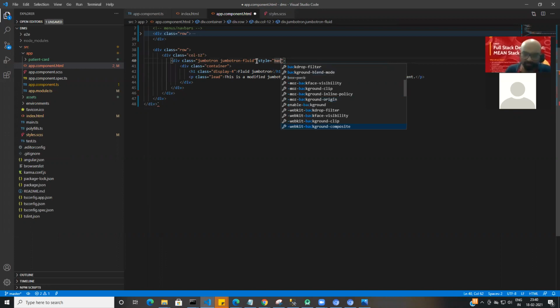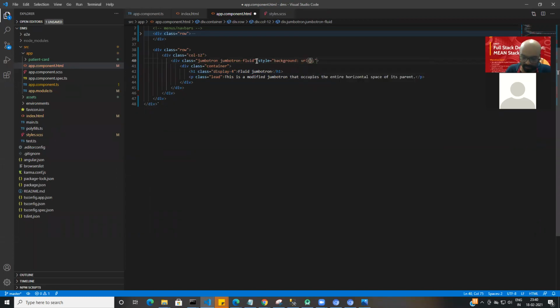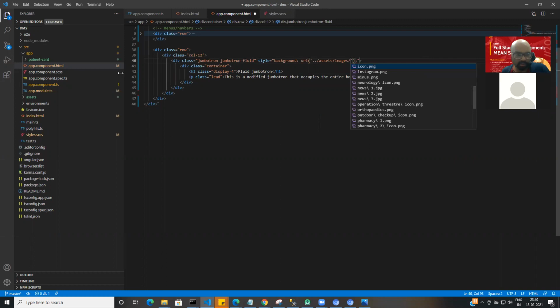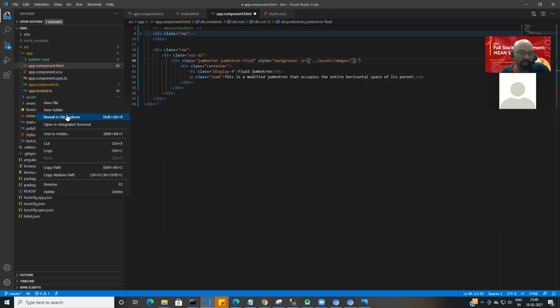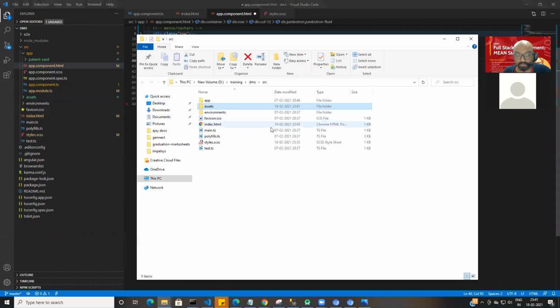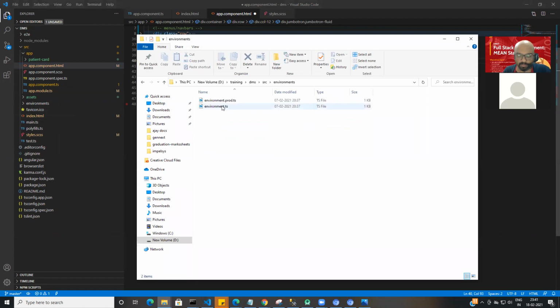Okay, we have background, and then I say URL, correct? And in the URL I will put dot slash assets images, and let's see what Garima has given to us. What is the file name basically? Sorry, image name basically.